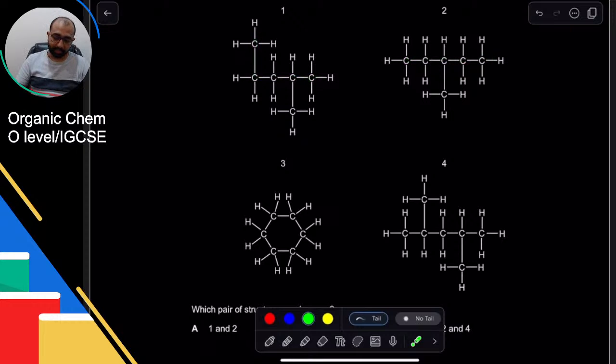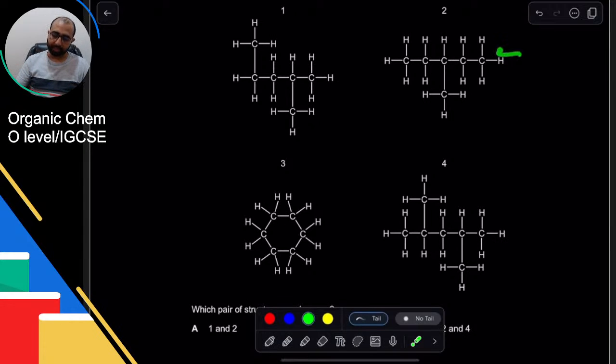क्योंकि देखो इसमें the branch is on the second carbon because I'm counting from here. Always pick smaller numbers. आप यहाँ से भी pick कर सकते हो कि मतलब ये 1, 2, 3, 4th है. But always pick smaller numbers. So right side से count करेंगे. Second carbon has a branch. अच्छा, क्या मैं इसको मेन चेन कह के इस पूरे को ब्रांच कह सकता हूँ? नहीं. You always pick the longest numbers as main chain और बाकी सब ब्रांच में जाता है.